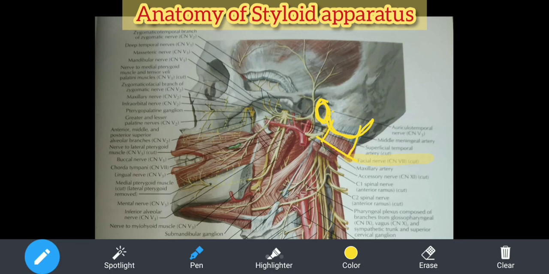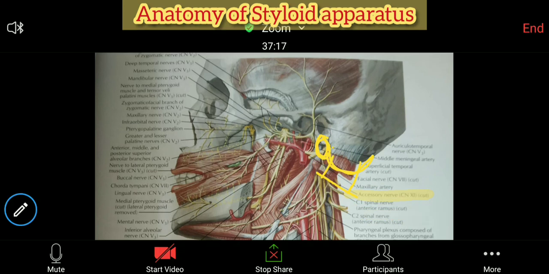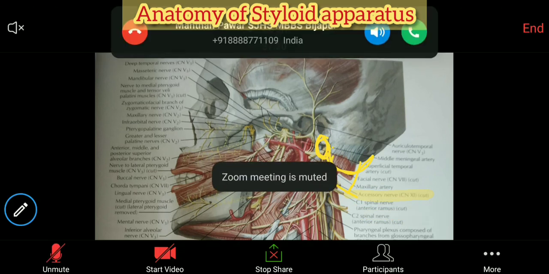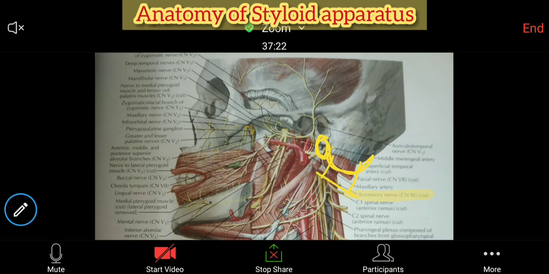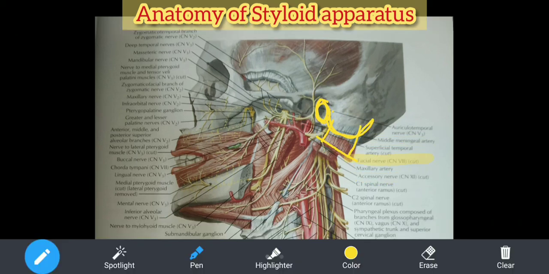Yes, facial nerve. Now from which foramen it is exiting? Do you recall? Facial nerve, can anyone tell me which foramen? Do you recall the diagram? So this is the homework. You need to recall it, right? I told you the other day that you have to recall those foramen and the structures passing through them. So this is the facial nerve.